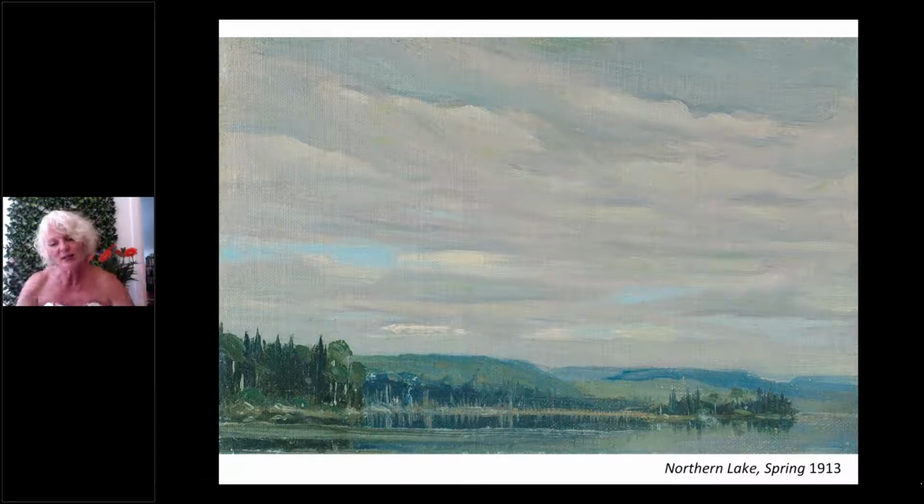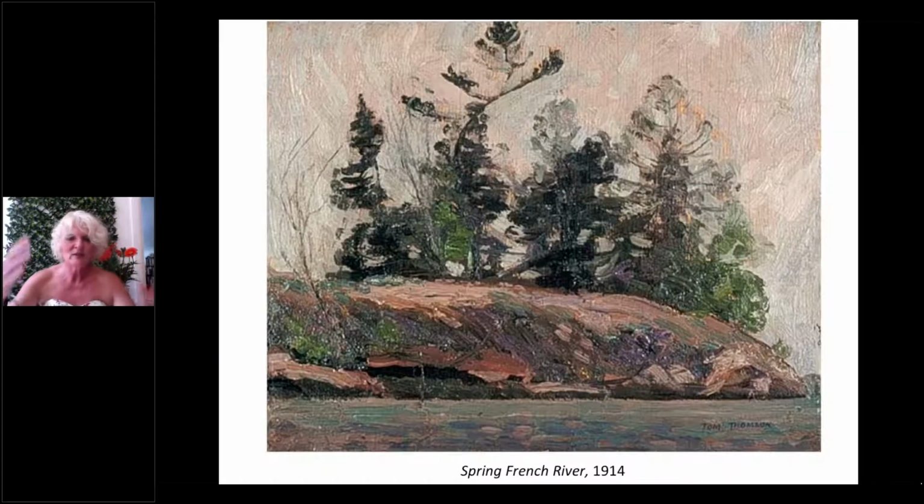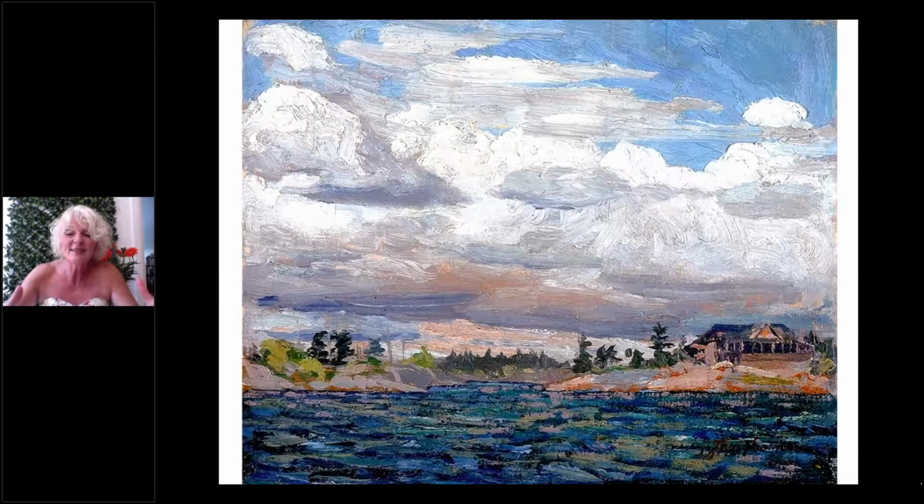He would come to Algonquin and he would paint it in the springtime with images that look like this as well. And he would paint it in the summer. This is Cottage Summer that was done by him, the image that I showed you right at the beginning. And again, do you see the resonance with Monet? Do you see those brush strokes? Do you see the attempt to make the water move, even with a two-dimensional still canvas? And take a look at that sky, man. Look at those clouds. They are a stunning study in light.